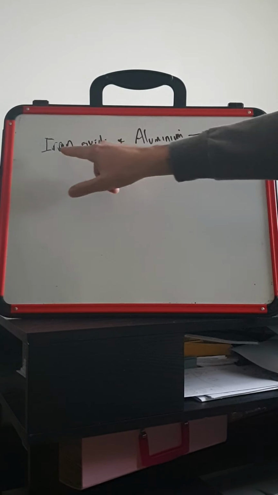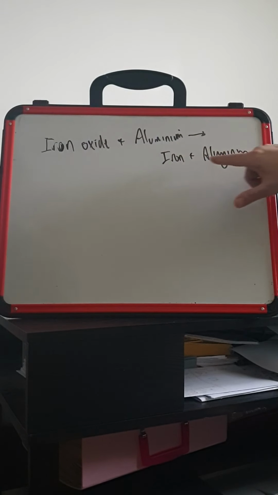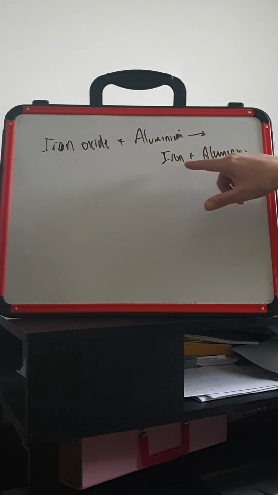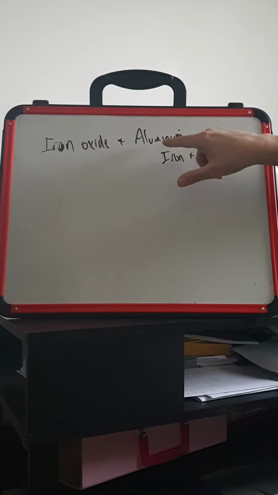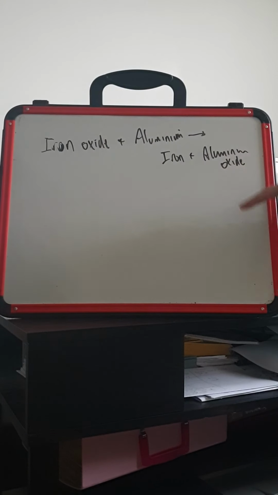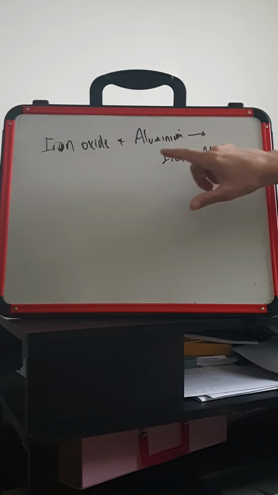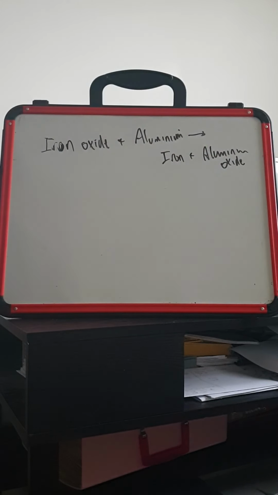Now in this reaction here, iron oxide plus aluminium goes to iron plus aluminium oxide. We know that iron oxide loses the oxygen and therefore is reduced, where aluminium becomes aluminium oxide and is therefore oxidized. Now this is the simple foundation way of looking at it, but we're going to look at it in terms of electron